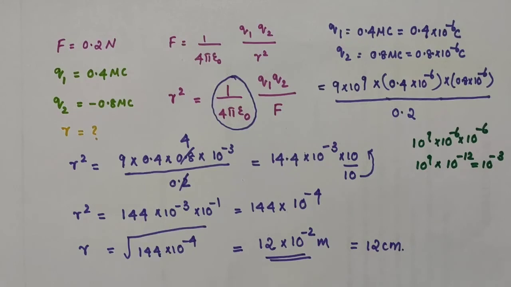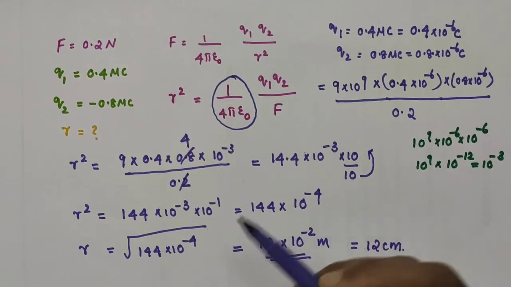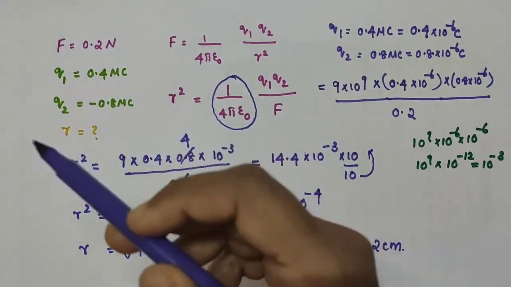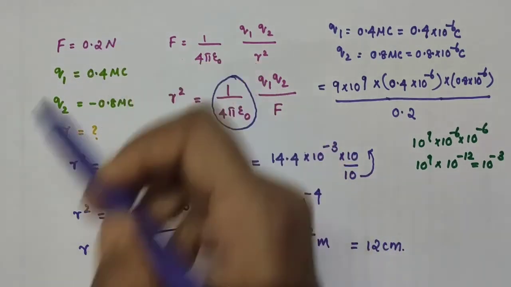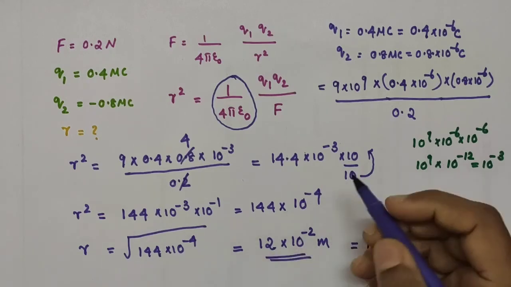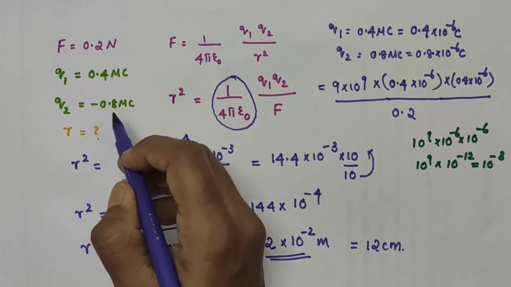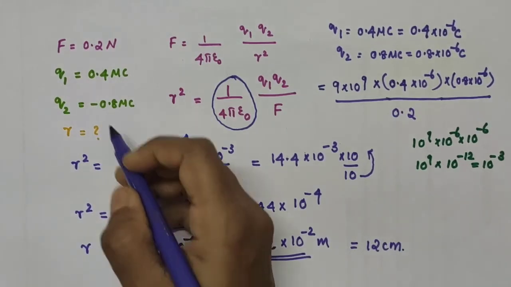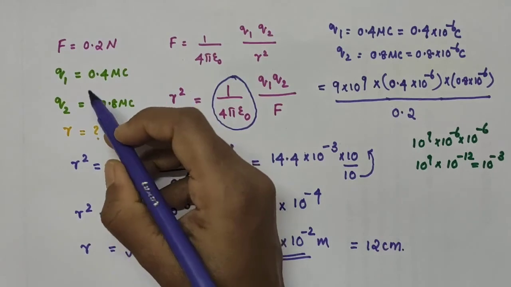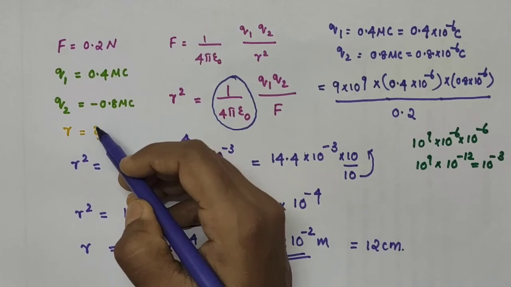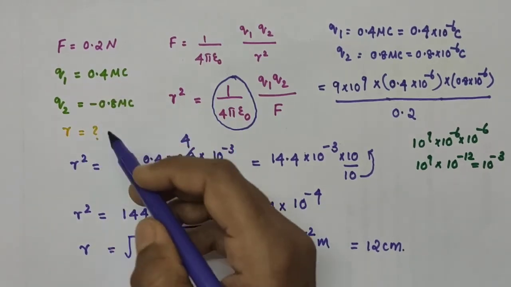Okay, and we want to know about the force on the second sphere due to the first sphere. See, here the force on the first sphere due to the second sphere is 0.2 Newton. So the force on the second sphere due to the first sphere will also be 0.2 Newton. Okay, and we have the two charges Q1 as 0.4 microcoulomb, Q2 as minus 0.8 microcoulomb. So what is the nature of the force? The force will be an attractive force because this is a positive charge and this is a negative charge. Unlike charges attract each other. So the force between the two spheres will be an attractive force.